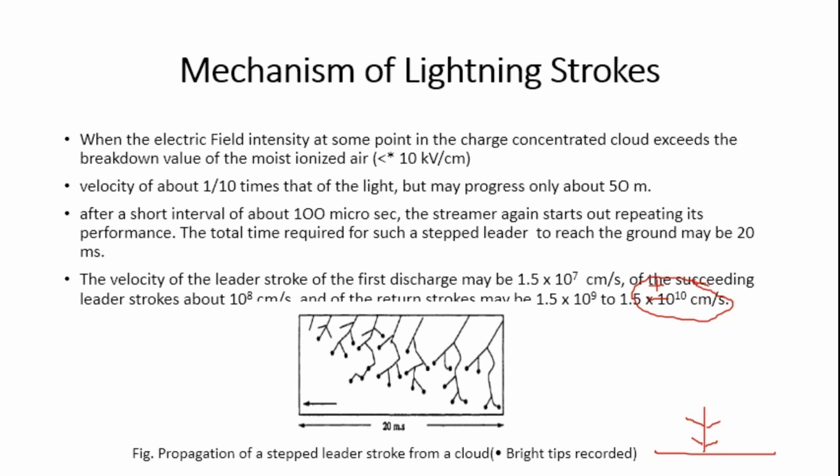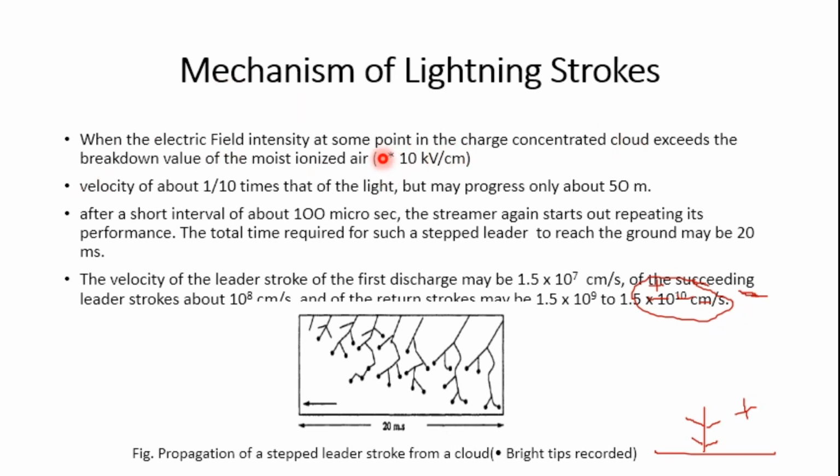Here we are considering a cloud which is the region of negative polarity, and this ground which has the positive polarity. This is for our convenience, to understand this phenomenon. So when the electric field intensity at some point in the charge concentration exceeds the breakdown value,